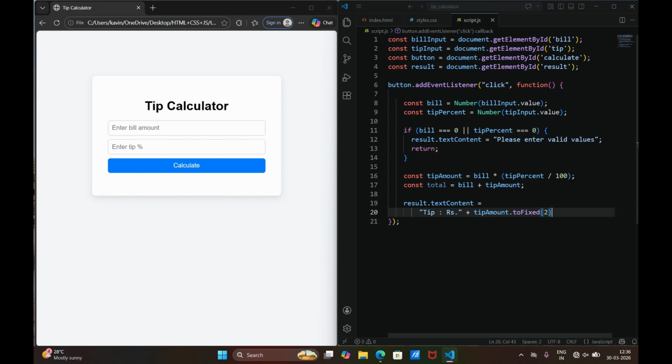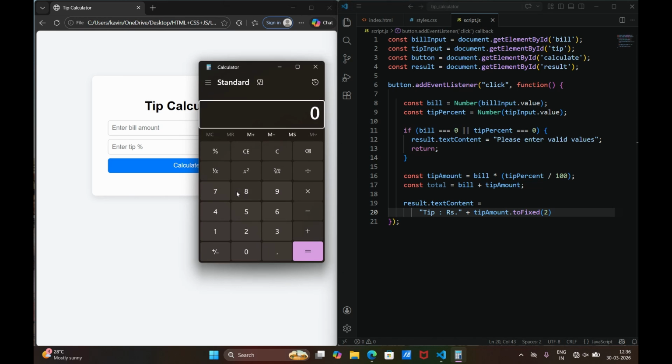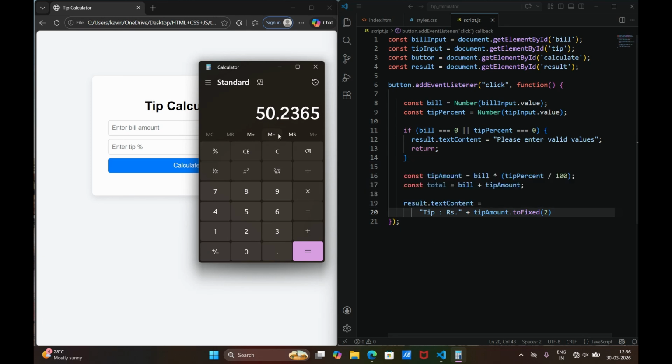That means if I write some example, if I give an amount 50.2365, what this toFixed 2 will do is